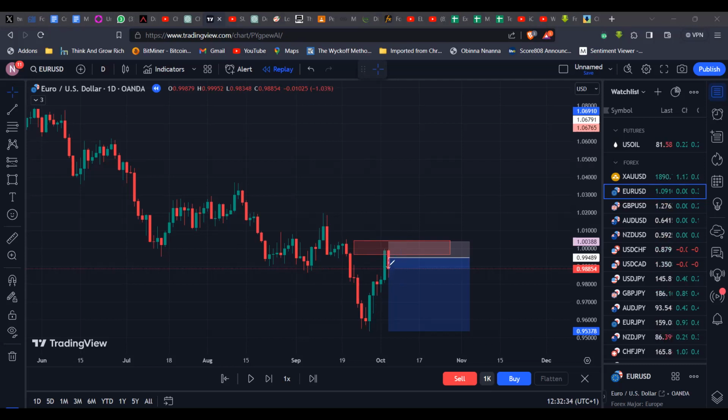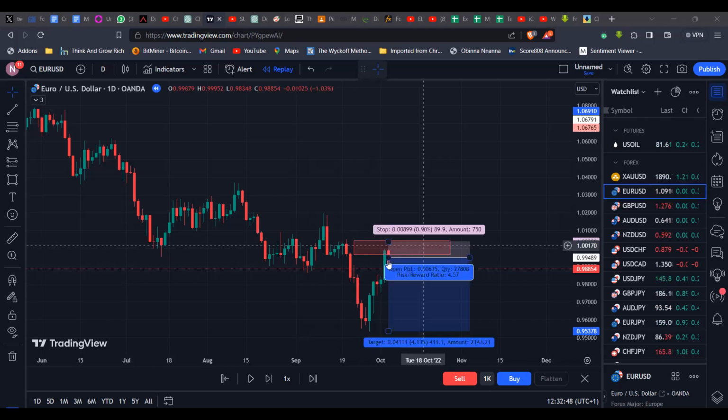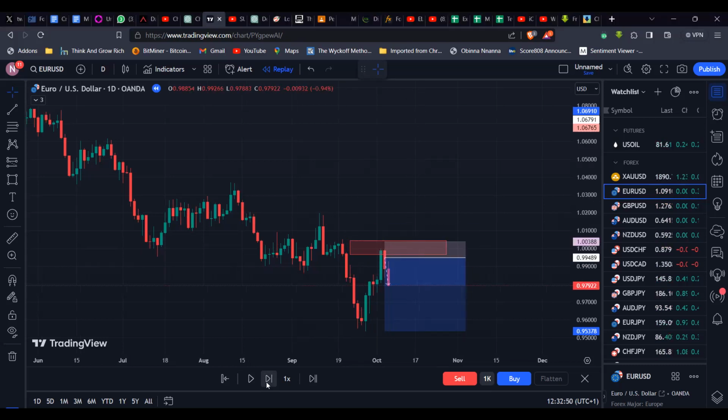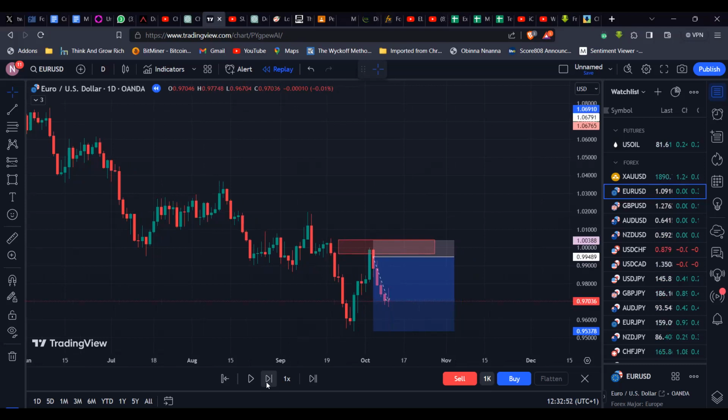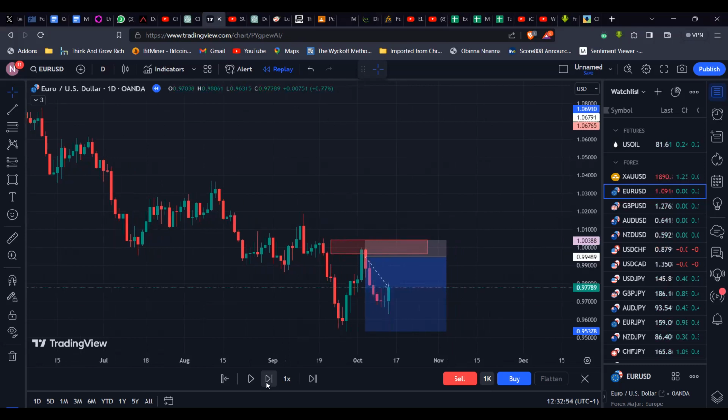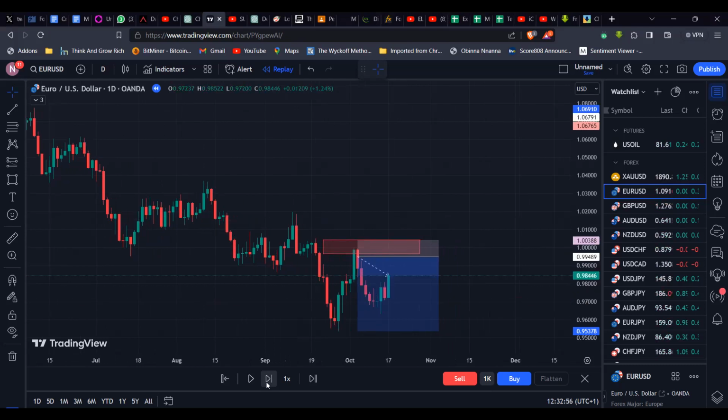But you're confirming the entry. It doesn't matter how you confirm it, but you want to confirm the entry and then execute the trade based on your risk parameters, or based on your RR and your defined trading plan. In which case, you will not be wrong for looking to take this trade. But as we can see, at this point, maybe you should have taken profit, at least partial profit, moved your stop loss to break even, and there's no risk on the trade.